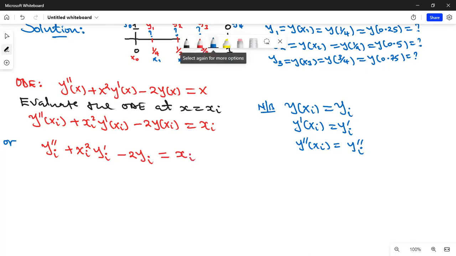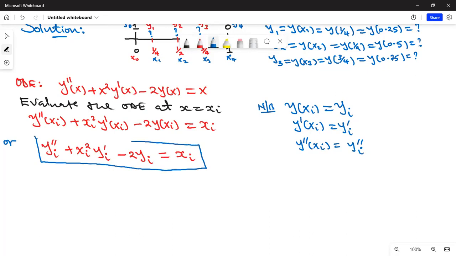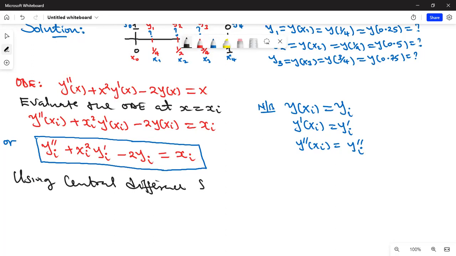So once you have your ODE evaluated at xi, you now approximate those derivatives using either central difference scheme, forward difference scheme, or backward difference scheme. I want us to use central difference scheme to approximate the derivatives. So you can write, using central difference scheme, we have,